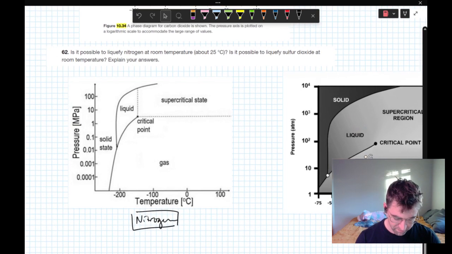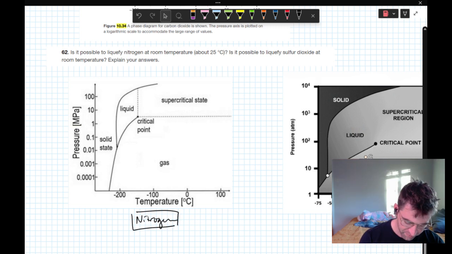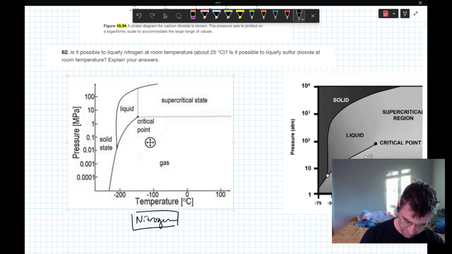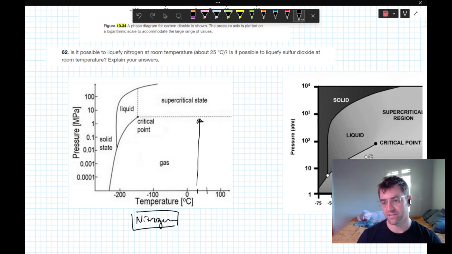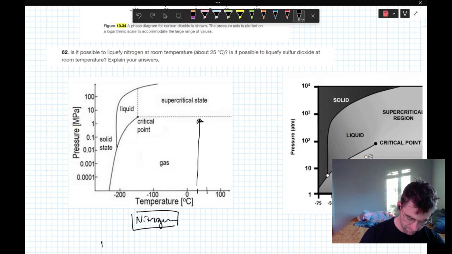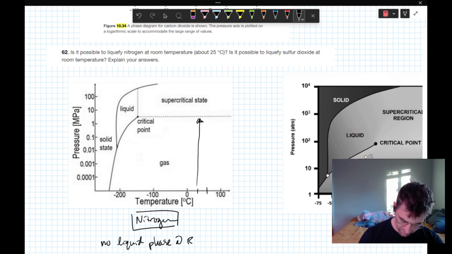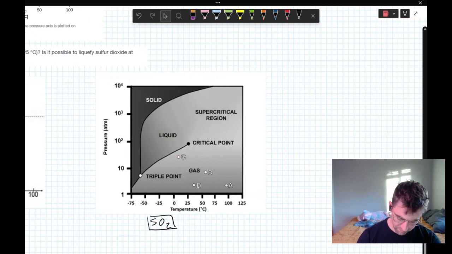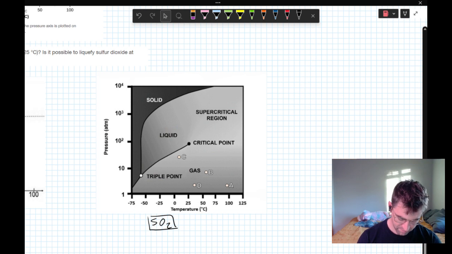So to liquefy nitrogen at room temperature, let's find, halfway would be 50, half of that is 25. We're in a gas phase. There's no way to have a liquid phase at room temperature for nitrogen. At room temp, not possible. For sulfur dioxide at 25 Celsius,